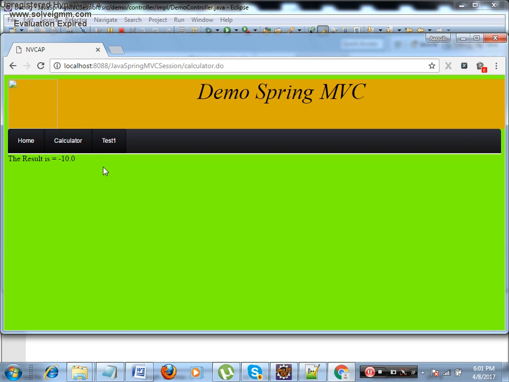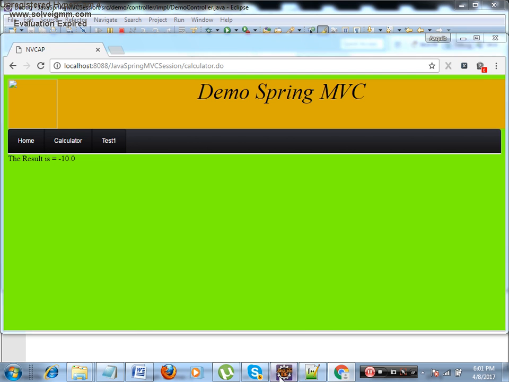The third thing which we understood is, if it is non-Ajax, that is input, the complete page will get reloaded, that is called non-Ajax. Ajax means a partial page will get reloaded. If it is non-Ajax, always the return statement will be return new ModelAndView. The first argument will be the name of the page which has to get loaded. The second argument will be the key. The third argument will be the result.